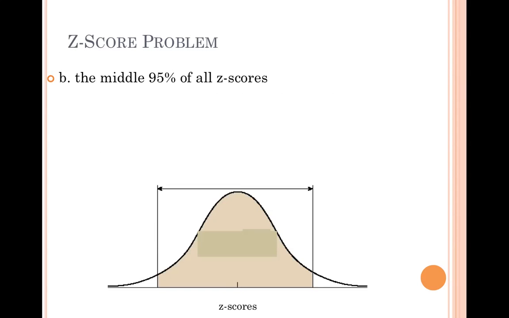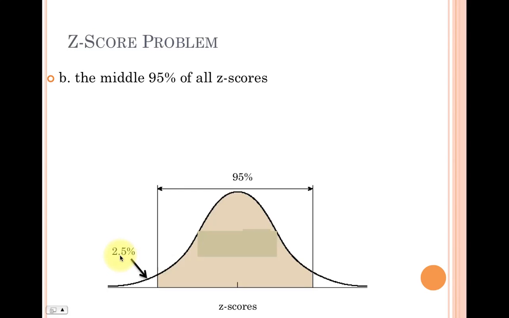Let's go to part B, where we find the z-scores that cut off the middle 95% of all z-scores. It's the same kind of problem, but just different numbers. So if we note that this is 95%, then how much of a percentage must be in the left tail? Well, if this is 95, then the remaining unshaded areas, left and right tail, must be 5%, and because the bell curve is symmetrical, this piece of area on the left side, unshaded, is 2.5%. So to find this unknown z-score that cuts off the bottom 2.5% from the top, we just simply put into invNorm